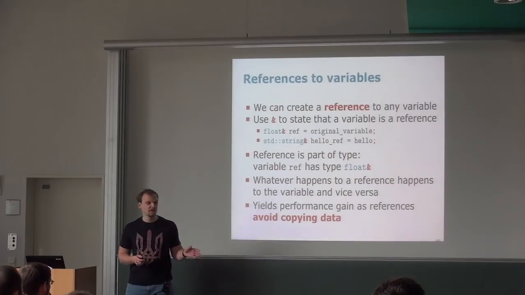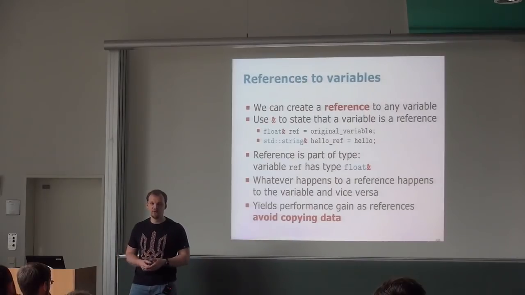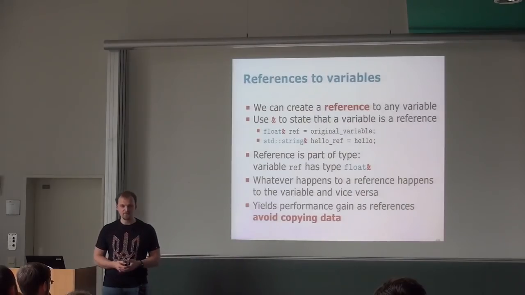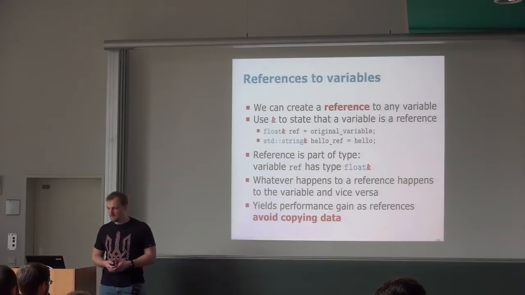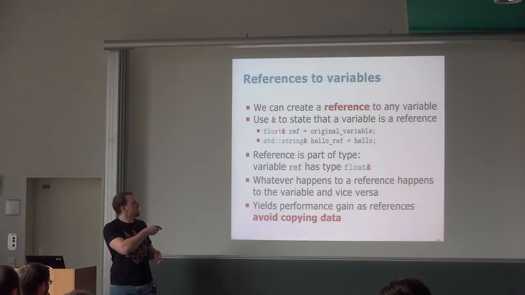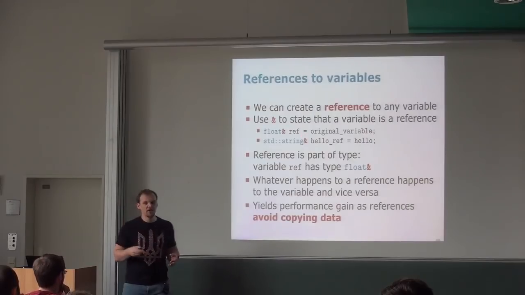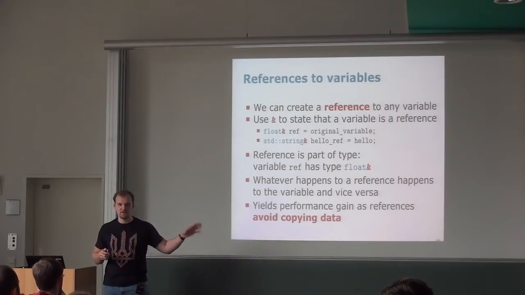So first, the syntax. Whenever you add this ampersand sign after the type, before the variable, it's going to be a reference to a specific variable, and it also is part of the type. So now the type is not float; it's float reference, and it is important to think about reference as just an alias to your variable. So if I say now my ref variable is original variable, it actually means that they're completely identical. So if I change one of them, the other changes also.